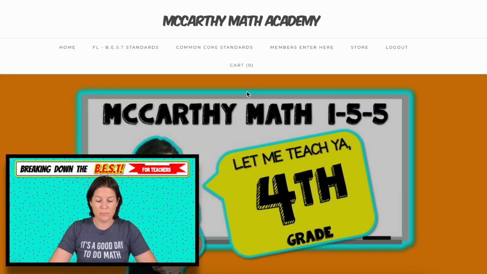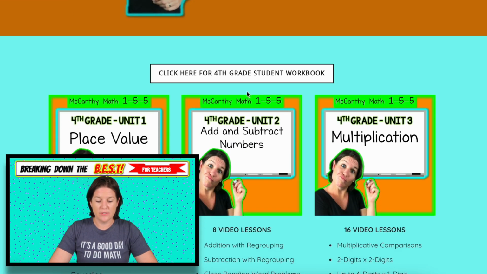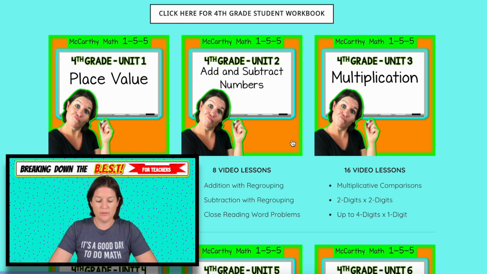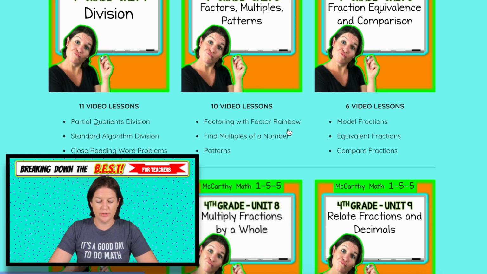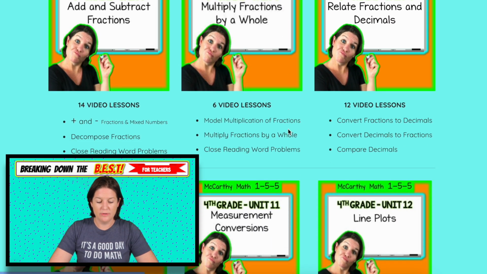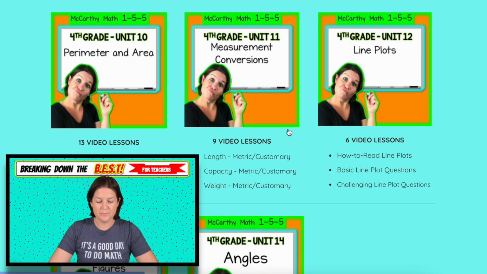and if we click on 4th grade, let's scroll down a little bit. You can see the different units available. We are looking for perimeter and area, which is Unit 10. Okay, so when we click Unit 10,